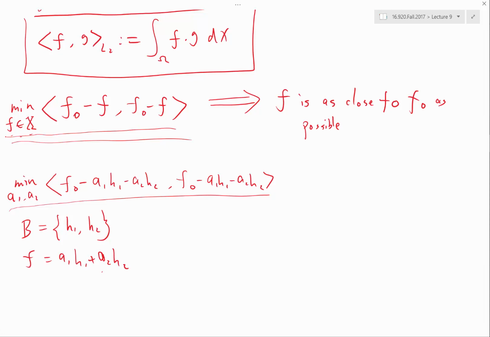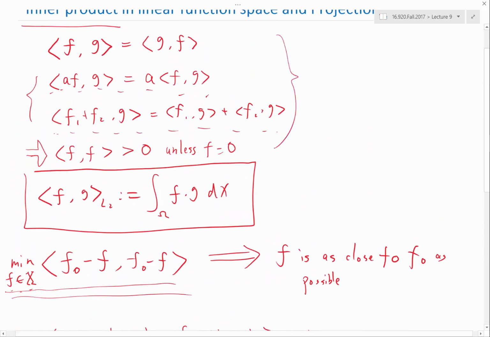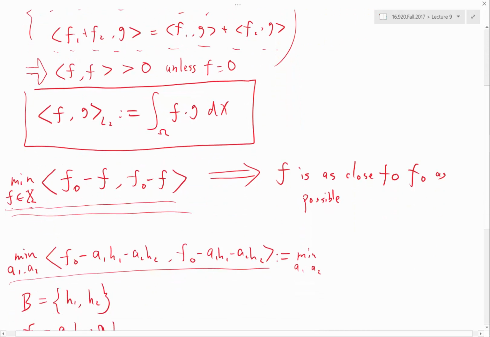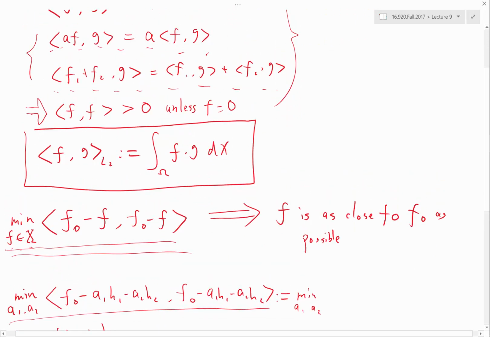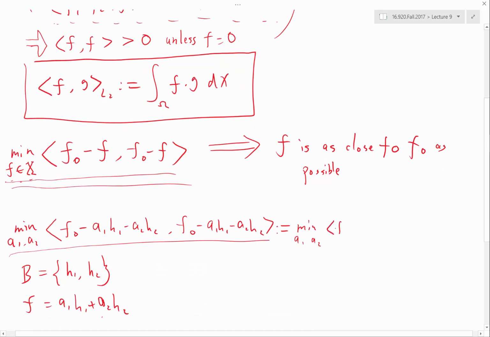And then even better, we use all of these properties of an inner product. We know that the inner product can be expanded just as if it is a product, right? So by expanding it, we have, okay, f0, this is one term,